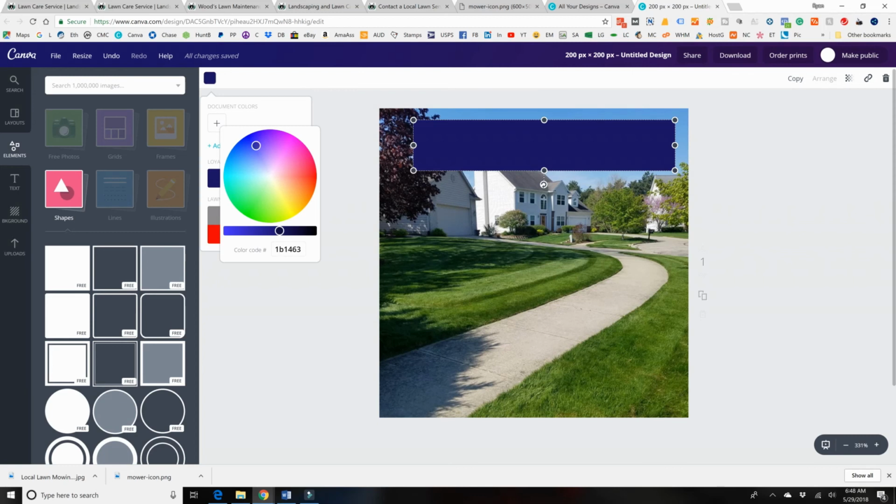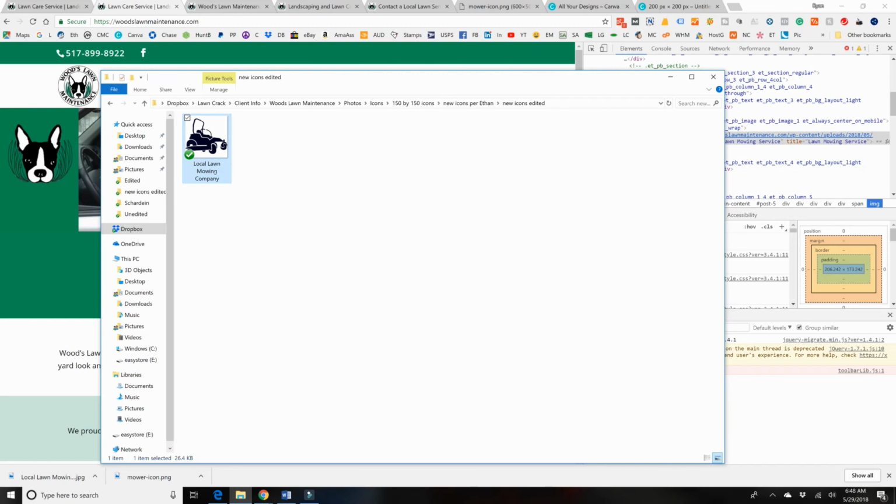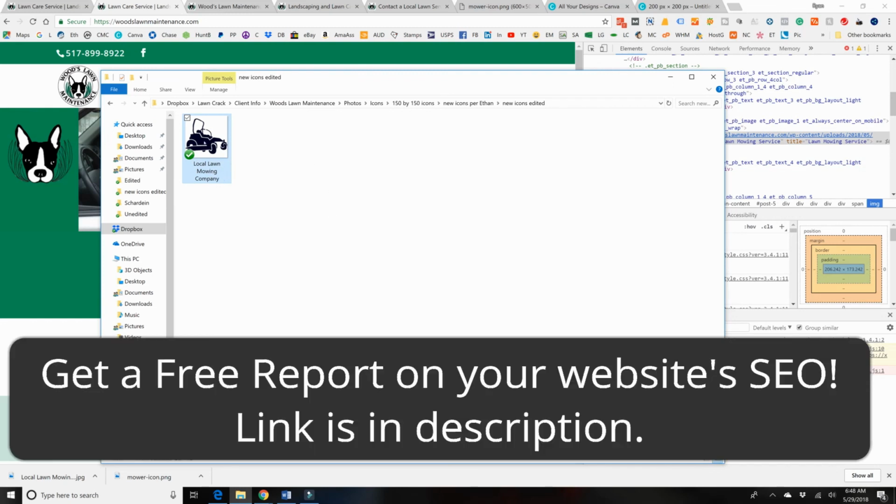The main thing is just make sure you have your image file named properly on your computer. That is where it's going to pull it from, and you're not going to be able to change that inside of WordPress, although there may be a plugin that lets you do that. I think I saw that the other day. But for best practice, just do it right the first time,